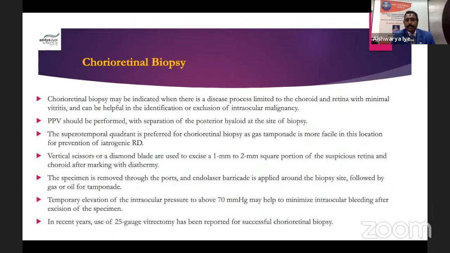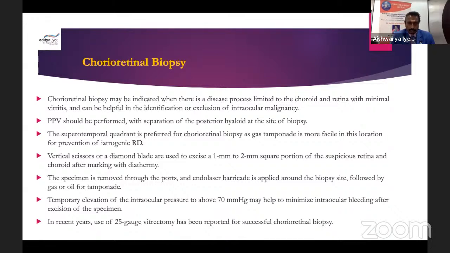Chorioretinal biopsy may be indicated when there is a disease process limited to the choroid and retina with minimal vitritis, and can be helpful in the identification or exclusion of intraocular malignancy. Pars plana vitrectomy should be performed with separation of the posterior hyaloid at the site of biopsy. The superior temporal quadrant is preferred for chorioretinal biopsy as gas tamponade is more facile in this location for prevention